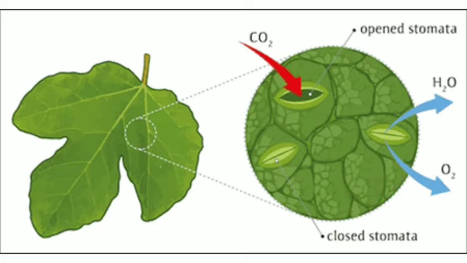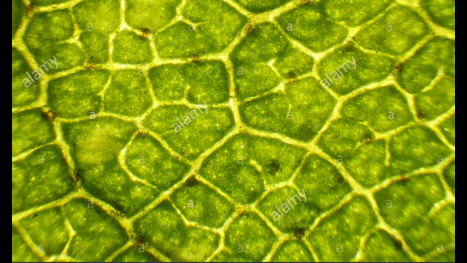Children, sometimes the leaf has extra water. This becomes water vapor and it also goes out through the stomata. Leaf cells. Children, if you cut through a leaf and look at it under a microscope, you will see the leaf cells. These contain the chlorophyll.